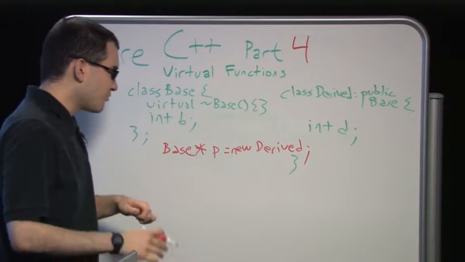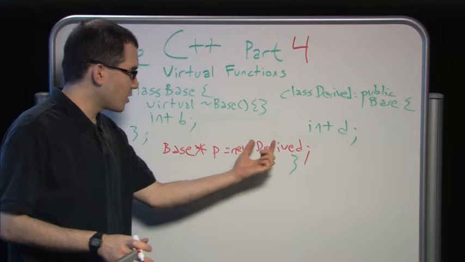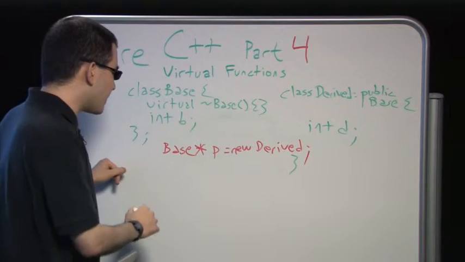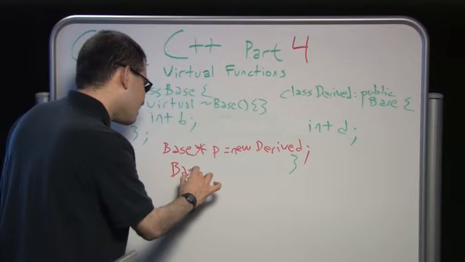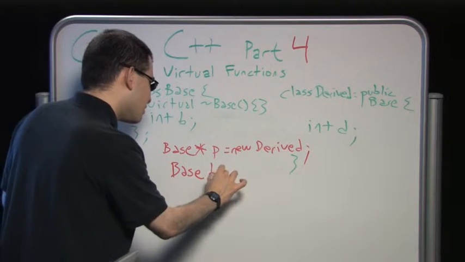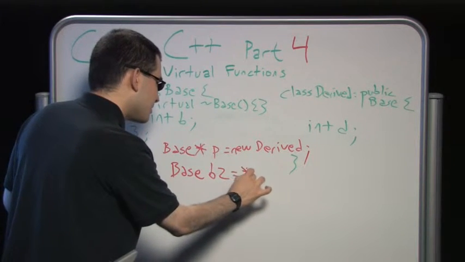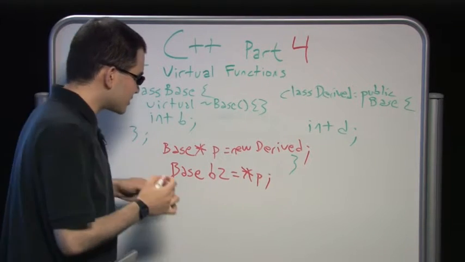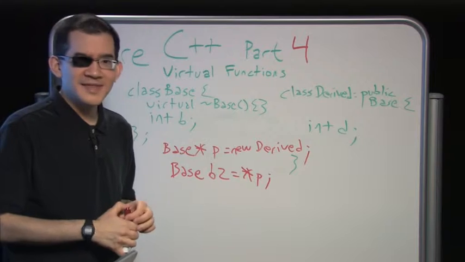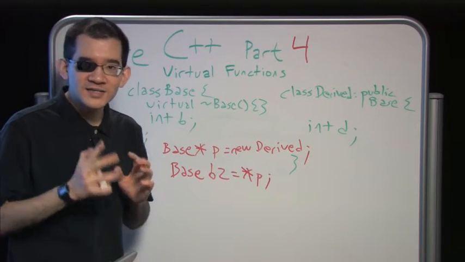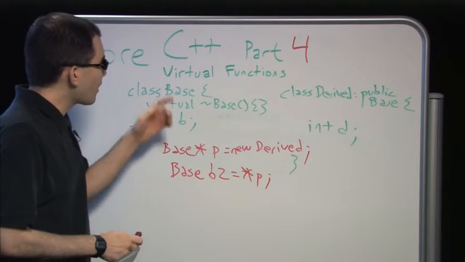Okay. So here everything's working fine. I'm newing up a derived, storing it to a pointer to base. And then I do something like, okay, I've got a base b2, and I'm going to say dereference p, like this. So this will compile, and it will do things at runtime which are probably not expected, because what happens is